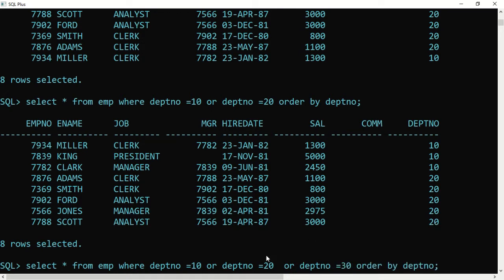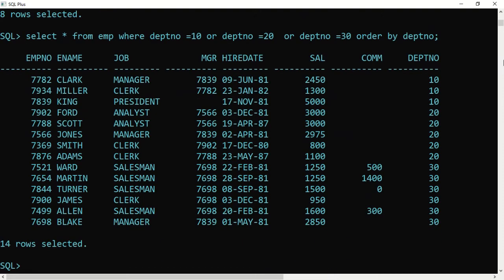So in that case, what will happen? It will show you all the records in department 10, 20 and persons in department 30. All these persons matching the condition will be shown. So it will show you 10, 20 and 30. Okay, so you can write and, or, and not any number of times in the condition. You can join the conditions with and, or, and you can negate the condition by not.